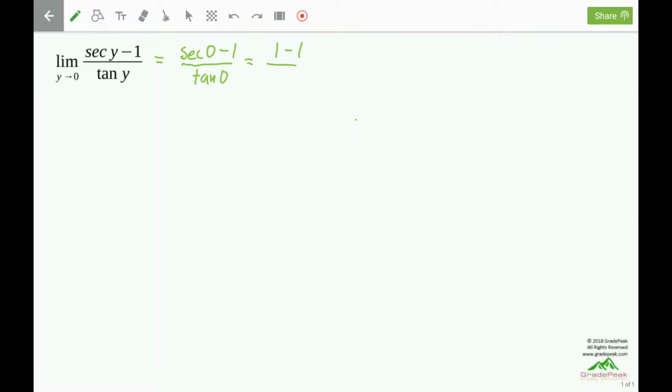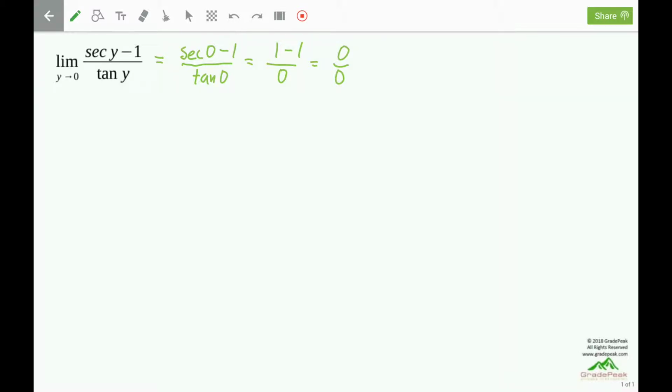So we have 1 minus 1 over the tangent of 0, which is the sine of 0, which is 0, over the cosine of 0, which is 1. 0 over 1 is a 0. 1 minus 1 is 0 over 0, and we have the 0 over 0 indeterminate form. It's resulting from